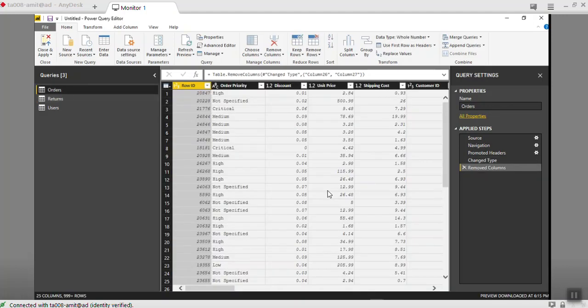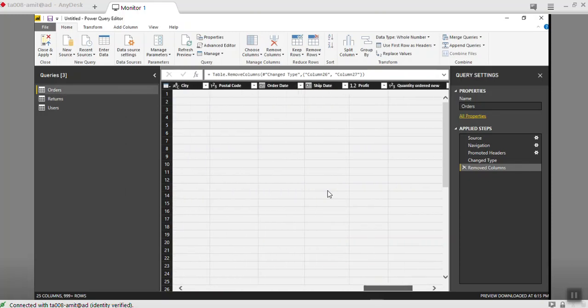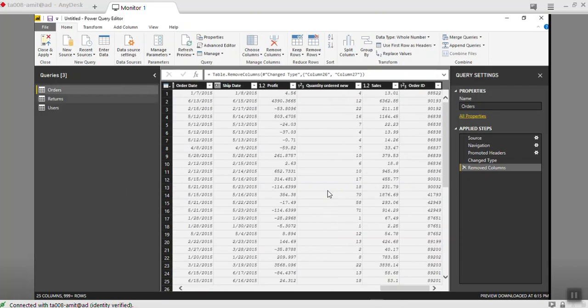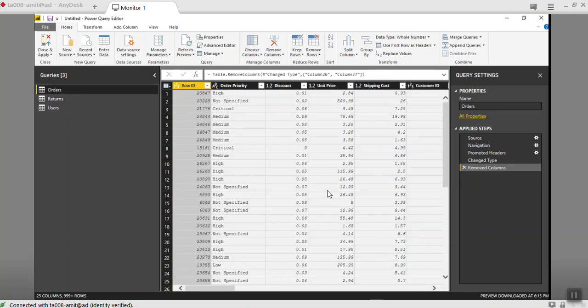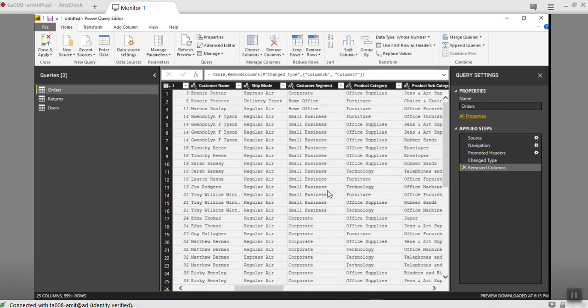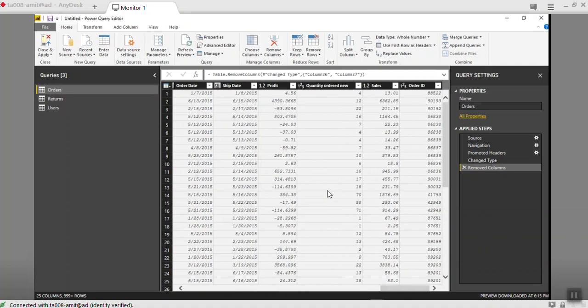Right. So on this table, which has order ID at last, I want to have a return flag. I want to flag these transactions, which transactions are returned basically. Like a VLOOKUP. Yeah. So I have a key here and a key there, so I'll merge both the queries. Now there are two options here.